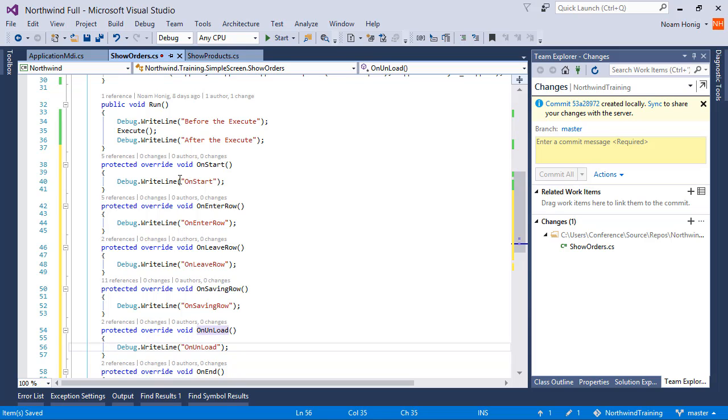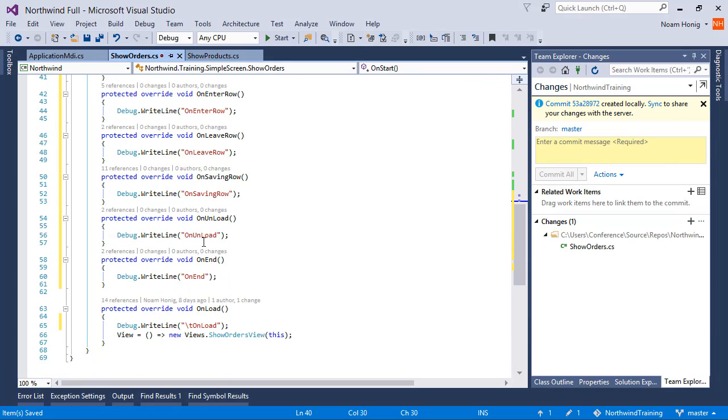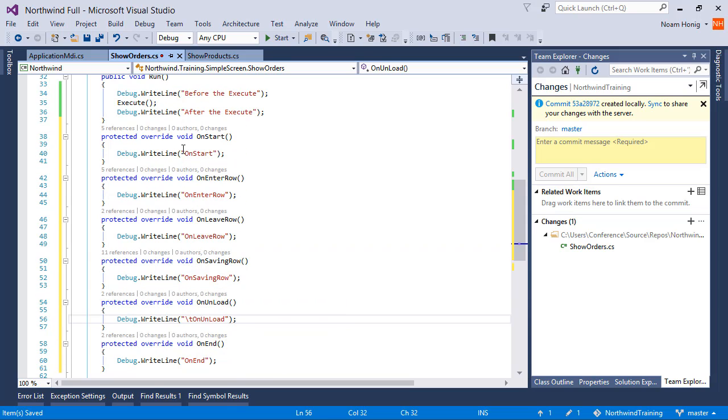Perfect. Now let's also tab this a bit. So onLoad will have a backslash t. onUnload will also have a backslash t. onStart, let's give it two backslash t's, and onEnterRow, let's give it three backslash t's, so we can see how it operates. And onEnd will have two backslash t's. Perfect. So let's run this